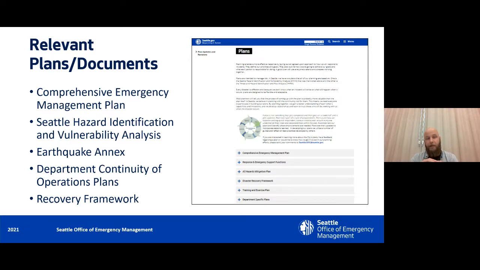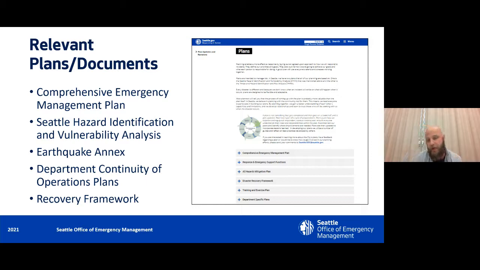One of the core things within the CEMP is the Seattle Hazard Identification and Vulnerability Analysis that I mentioned. That is basically a document that looks at all the things that could happen in the city, including a deep look at earthquakes, but a number of other things, and at what the impacts of those would be. It's a pretty detailed document, about 300 pages long. As I mentioned, there's the Seattle Hazard Explorer, a more interactive way to get a quick look at all of that data, with interactive maps where you can search addresses and scroll around. If you want a lot more detail, then you could look at the whole Hazard Identification and Vulnerability Analysis.